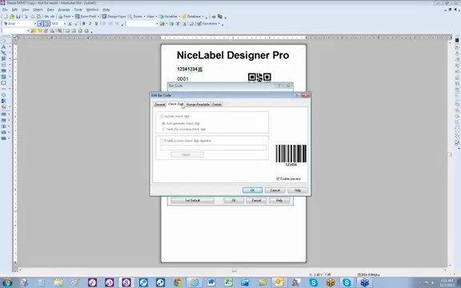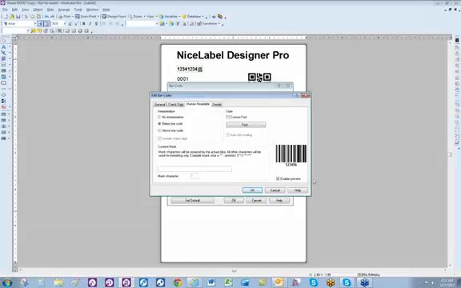If your barcode has a check digit, you can modify it here. This one has a human readable listed below. But sometimes people want a larger font below this barcode, and a lot of times the software can't do it out of the box with this below barcode selection. So if we choose no interpretation